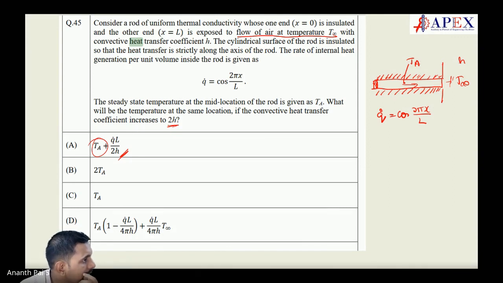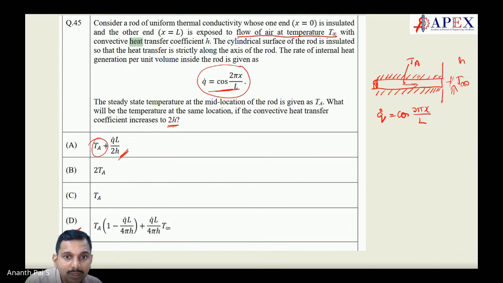Why? No, heat generation is the same. Cos of 2 pi x by L. Heat generation does not have anything to do with temperature or h. Then, if you apply your mind, in my opinion, I think you should give this as the option. Why? Because when you increase the heat transfer coefficient,